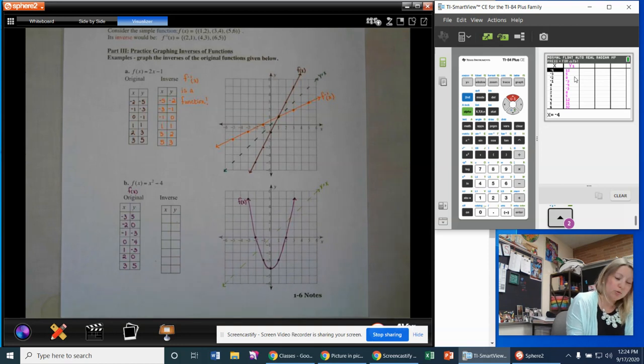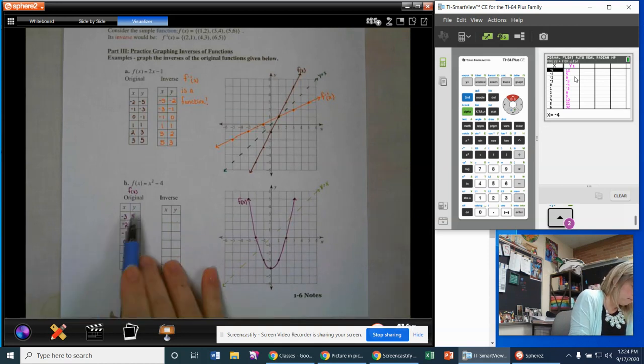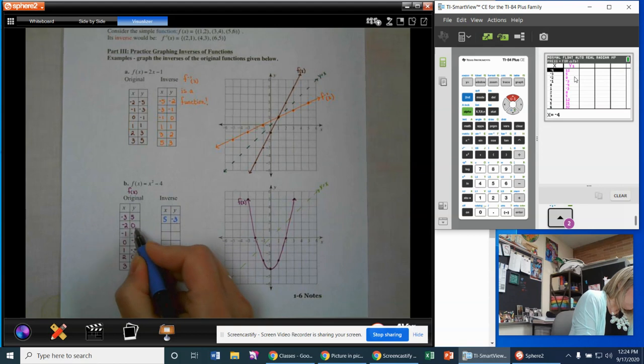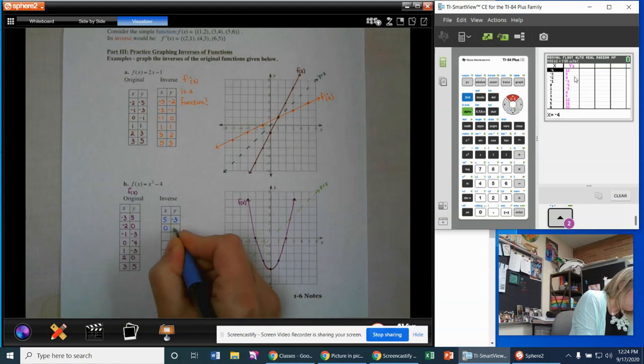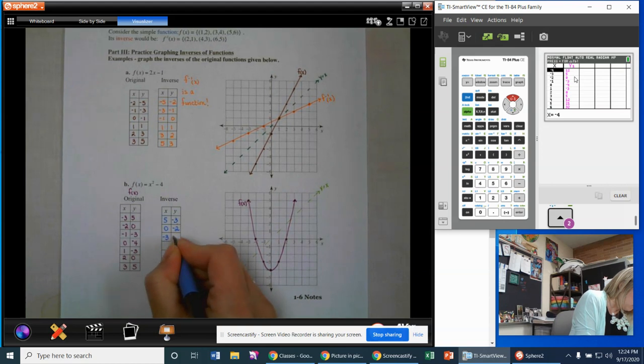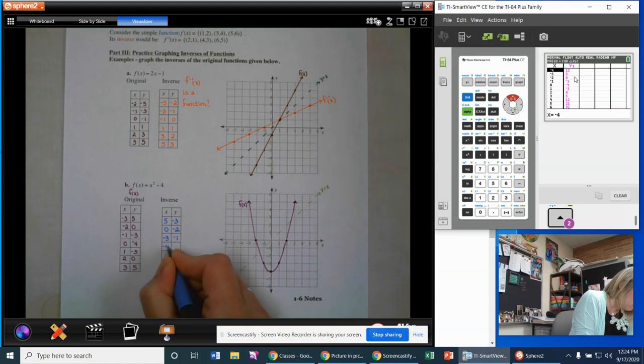How about light blue? This periwinkle. Let's do periwinkle, right? So negative 3, 5 becomes 5, negative 3. And negative 2, 0 becomes 0, negative 2. And we get negative 3, negative 1. And then negative 4, 0. And then negative 3, positive 1. And oh no,